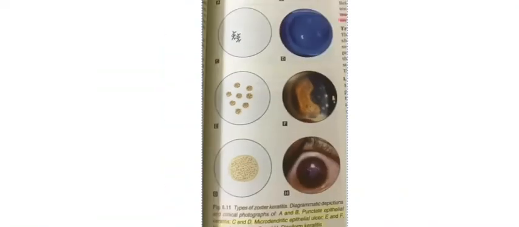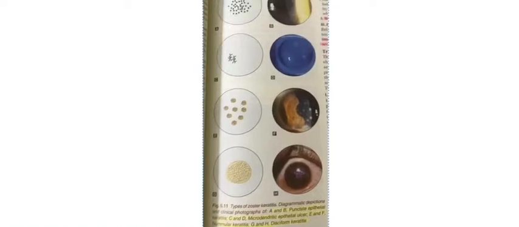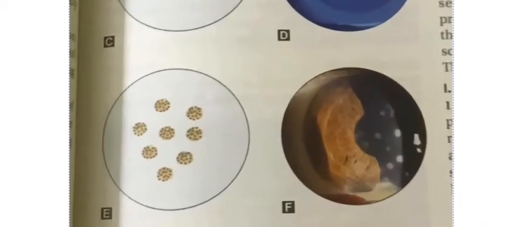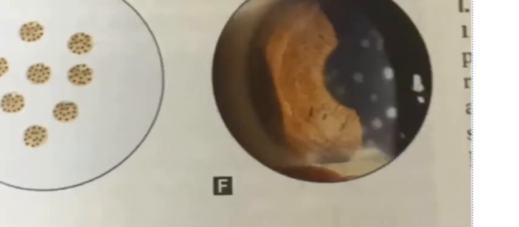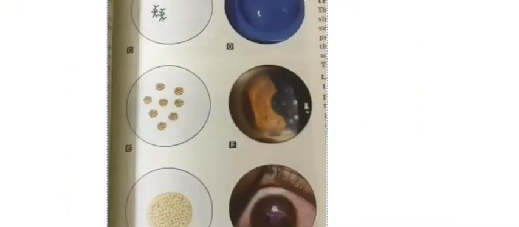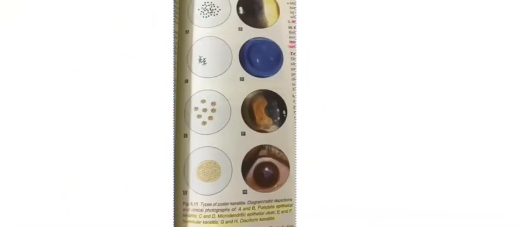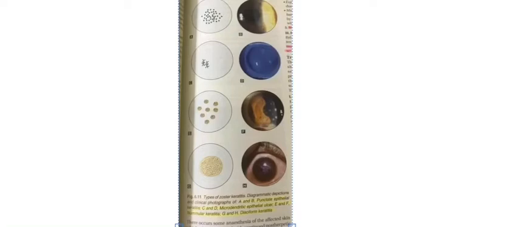Next is nummular keratitis. So this is a new term for us in this video. Nummular keratitis is nothing but what you are seeing here. This is how you draw the exam, and this is how you see it in a person's eye. So this is nummular keratitis. These are all the features of acute phase lesions and or it could be relapsing phase lesions.